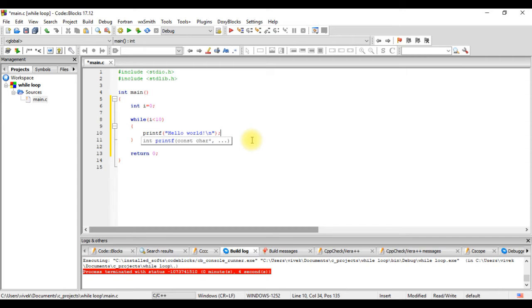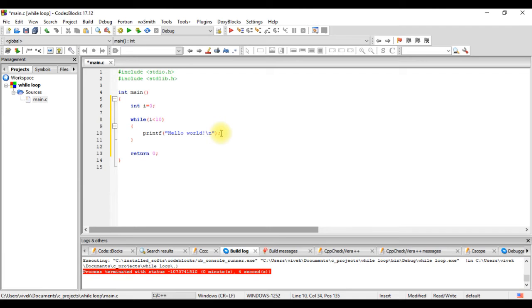Now what happens is i is 0. It will print this statement because 0 is less than 10, which is true. But you see, i is not changing its value. It will always be 0. So it leads to an infinite loop, which we will see after this program. But for now, we want the statement to be printed 10 times.